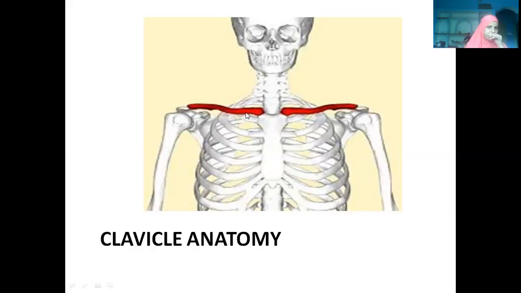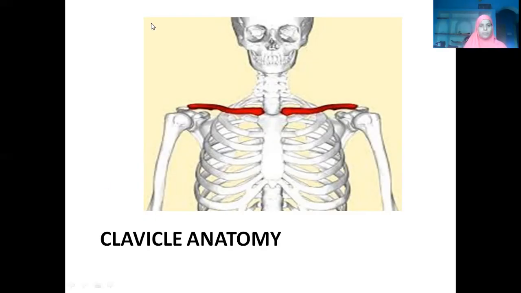Now if you see the curvature of bone, you can see this medial 2/3 is convex anteriorly. Please remember, convex anteriorly, and lateral 1/3 is concave anteriorly. Okay, medial 2/3 is convex anteriorly, lateral 1/3 is concave. It is deep, whereas it is projected upwards. Convex is this, which is medial 2/3. Concave is this, which is lateral 1/3.